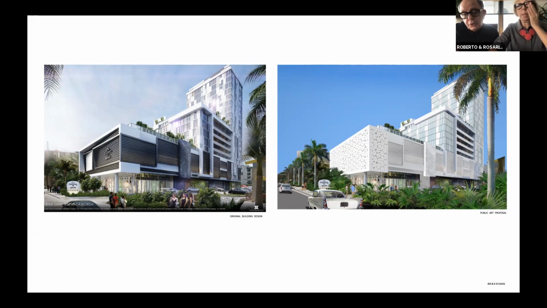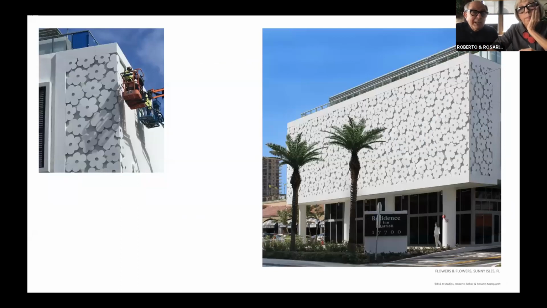Here you see the new facade that we created for the parking garage. It is the part where the flowers are located. And here you see the project realized. It's a hotel, but the part that our project covers is a 3 or 4 story high garage.